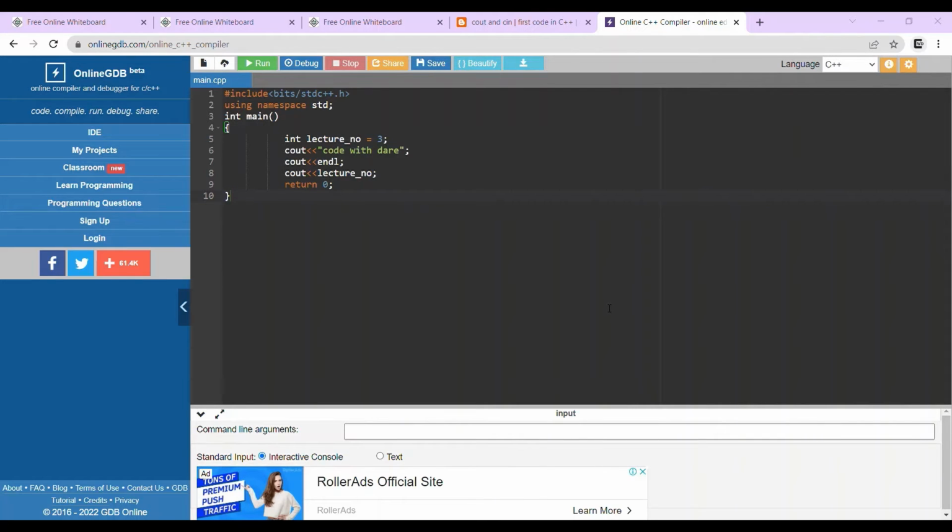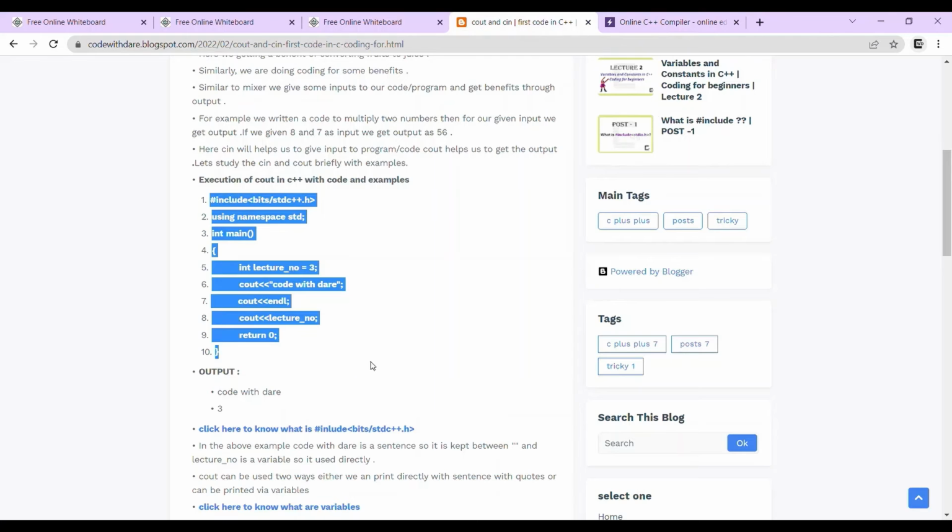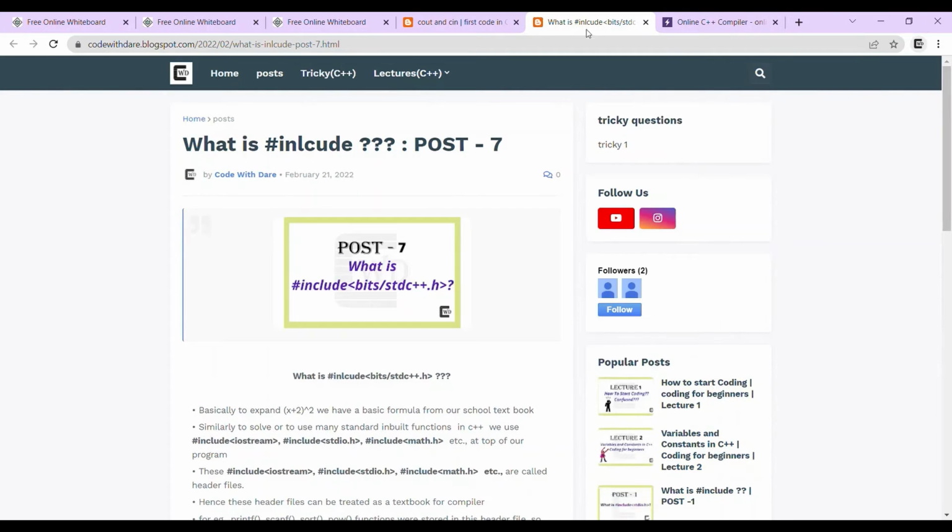Here, in the first line you can see #include <bits/stdc++.h>. Okay, guys, let me zoom in so that you can see it better. Here you can see this #include <bits/stdc++.h>. What is this? Don't panic. Guys, come to our notes. Click on this. It will direct you to this page, where it will explain